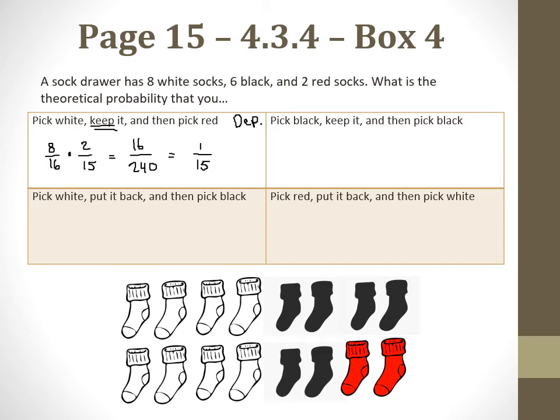Next one asks us what's the probability that you pick black, keep it, and then pick black again. So this is another dependent probability, and the number of outcomes is going to change. When we're first looking at the full drawer, there are 6 black socks to choose from out of 16 total. So the probability of picking black is 6 out of 16. But if I pull that black sock and keep it out,